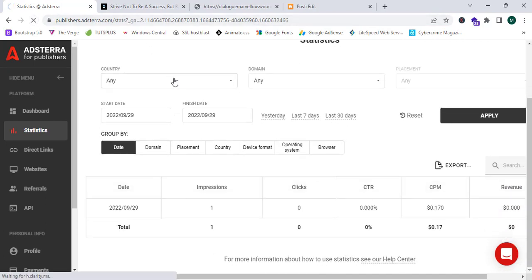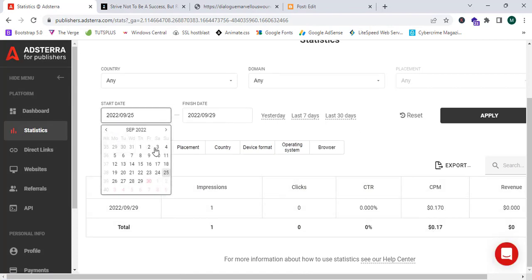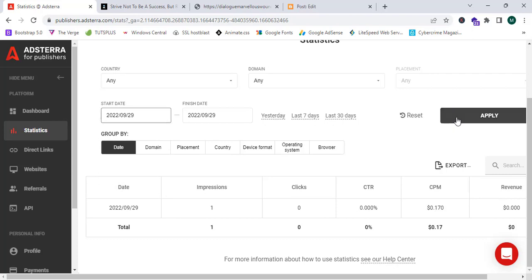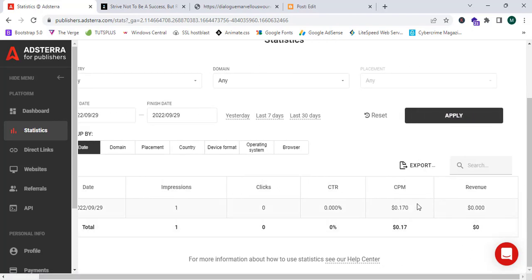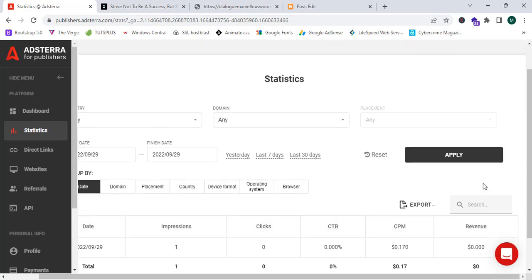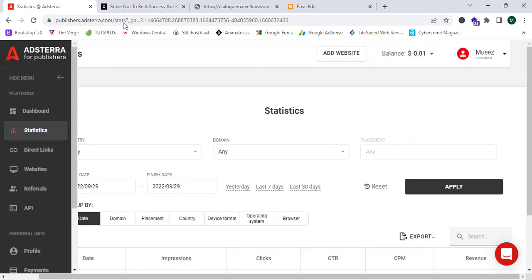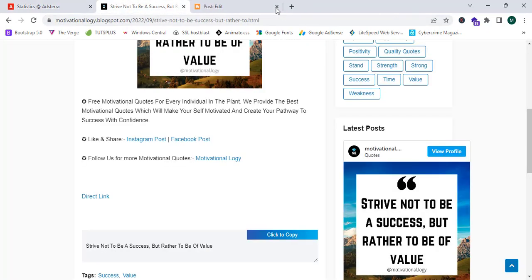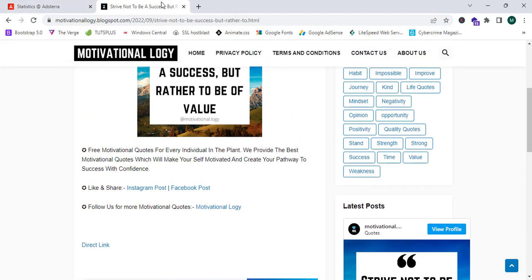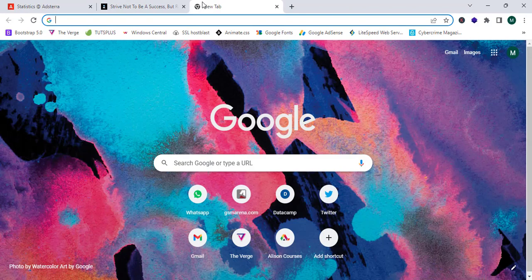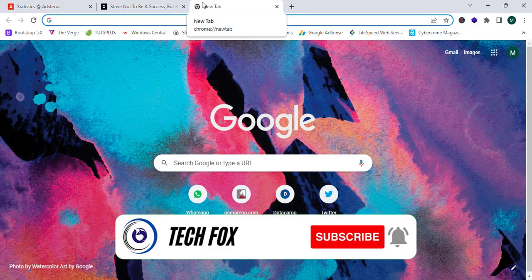So now I'm going to try to refresh this again to check whether my clicks are updated. So I'm going to click on apply, and this is not yet updated. So how to make money by adding these types of direct links? So now I'm going to share with you how you can make money by adding these types of direct links,